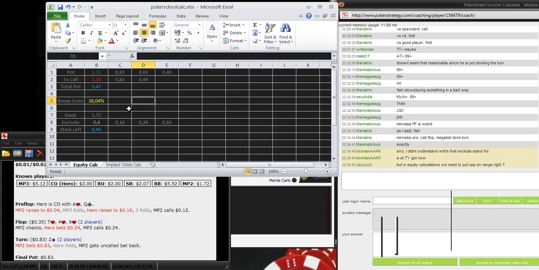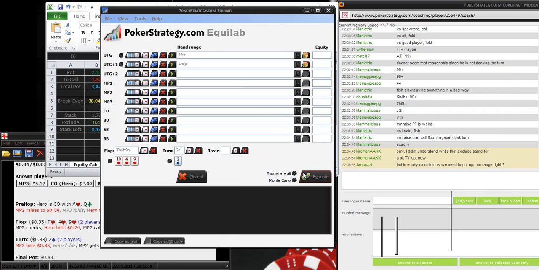And here we see that 38% of equity would be perfect for a break-even call, but we didn't exclude the draw,